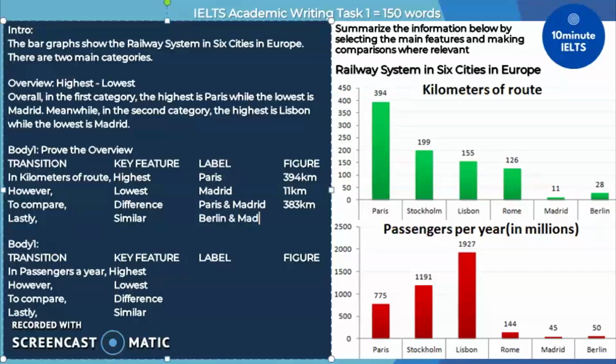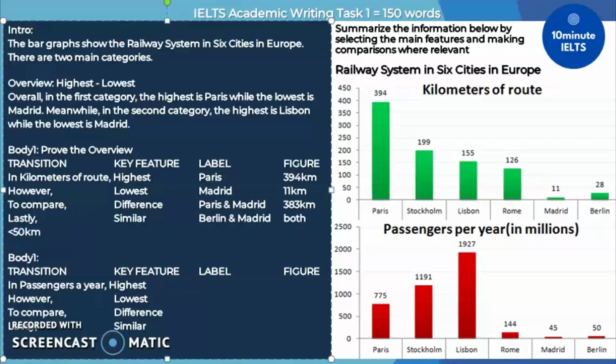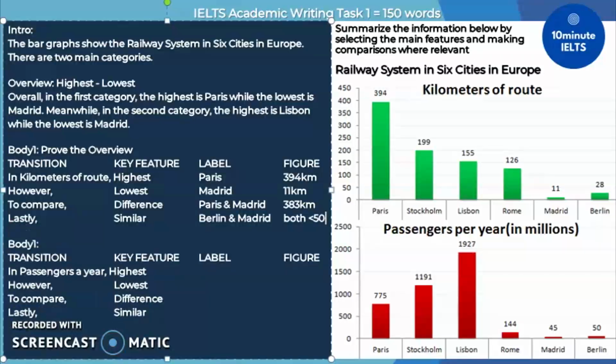Don't mention the difference between 2 similar figures. Instead, mention what is in common with both of them. In this case, both are less than 50. After we're done with the first body, all we have to do is the exact same thing in the second body. But this time, the highest is not Paris, it is now Lisbon,